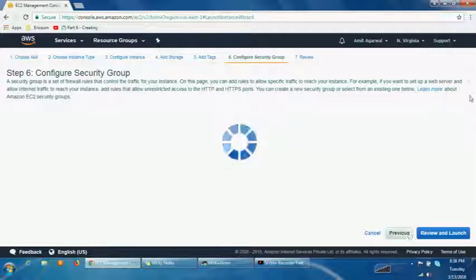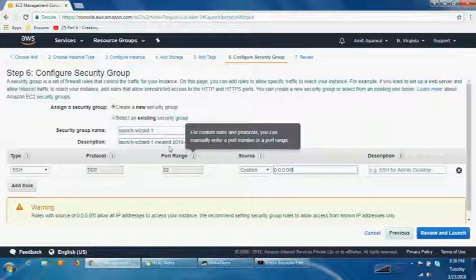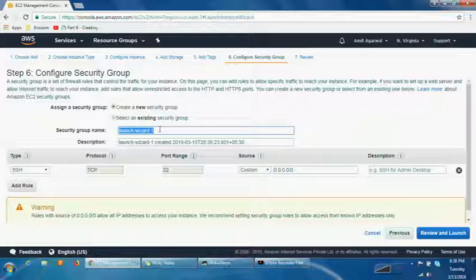Click on next. It will ask me for a security group. Security group is nothing, it's just inbound and outbound traffic control. It means whether we want inbound traffic to our system or not. Here we are allowing SSH to our instance, which means that with no IP range restriction, any system in the world can access my EC2 instance with SSH. So I will name it as my SG,